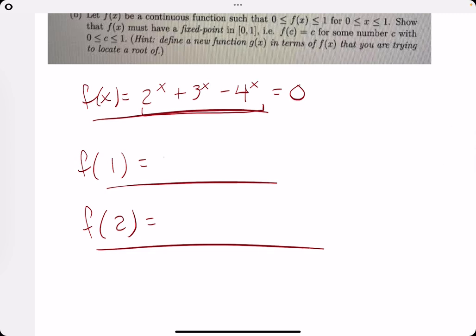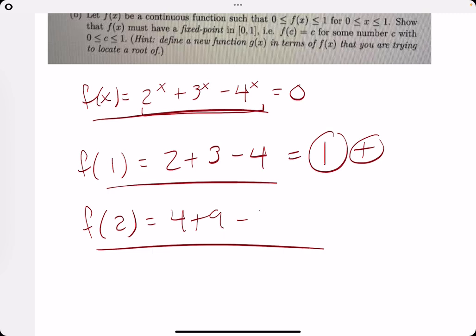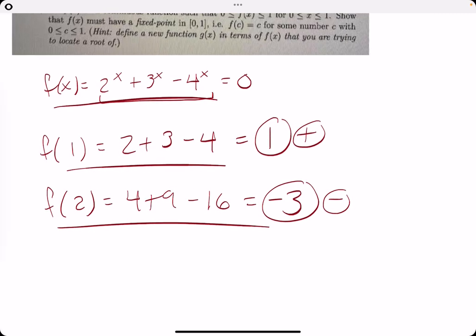If we plug in 1, we get 2 to the first, 3 to the first, and 4 to the first. So 2 plus 3 minus 4. That's 5 minus 4, so 1. That is a positive. If we plug in 2, we get 2 to the 2, 3 to the 2, and 4 to the 2. So we get 4 plus 9 minus 16. That's 13 minus 16. That's negative 3. So it goes from a positive to negative as x goes from 1 to 2,